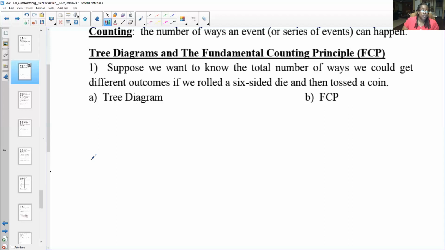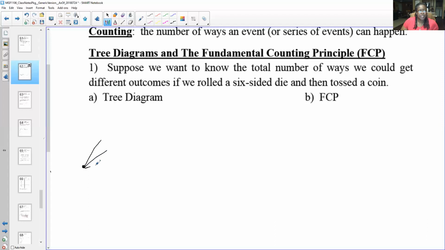So when we're looking at a tree diagram, it is kind of rooted in itself. So you have to anchor it down somewhere. So here's the anchor, right? And the first situation they give us is rolling the six-sided die. So that's the first thing that we want to take care of. So coming from this rooted point, we're going to branch out